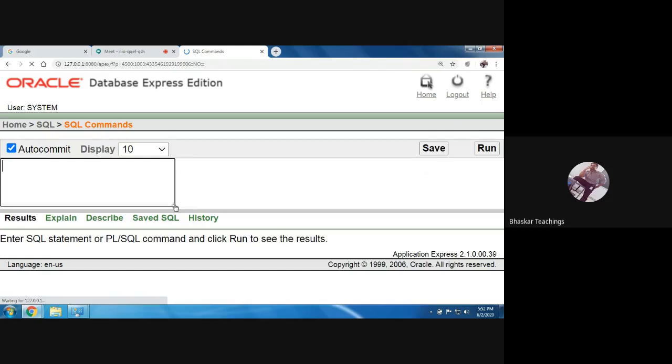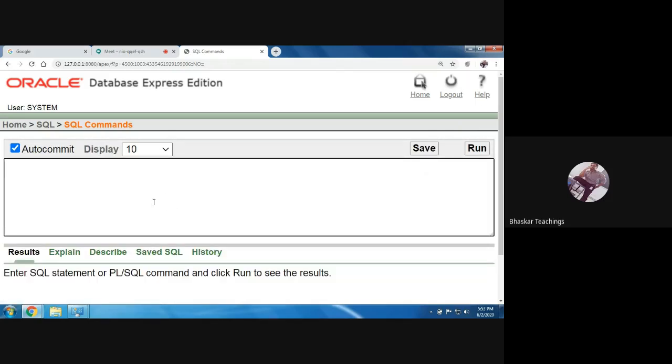This is the area where you write an SQL command and run it. In this session I'm going to deal with DDL commands only. We have seen what DDL commands are. The categories are DDL, DML, DCL, TCL, and DQL, and we have seen the role of each command and which commands come under DDL and DML. So here we are going to see DDL commands only in this session, and in the coming sessions DML, TCL, and so on.